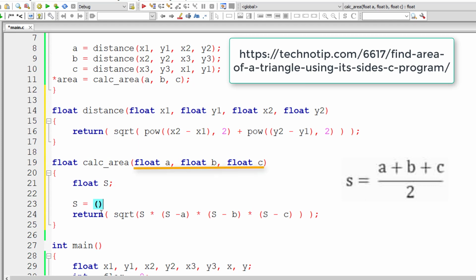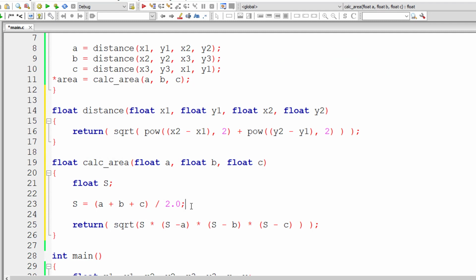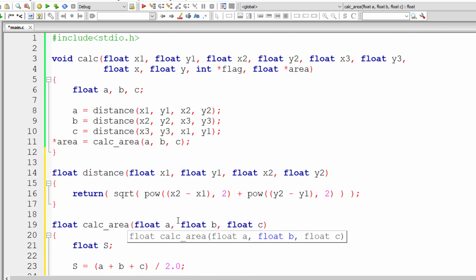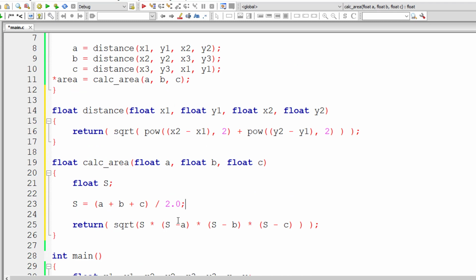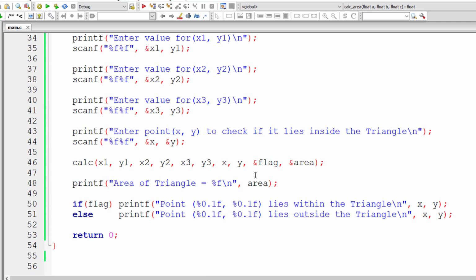The semi-perimeter of a triangle is equal to the sum of all the three sides of the triangle divided by 2. We need to divide it by 2.0, or else if you divide it by 2, it will only return the integer part. So to avoid such a thing, let's divide it by 2.0. So that's it for the calc_area method. Simple, right? Even though the length of this program is getting bigger and bigger, the logic is very